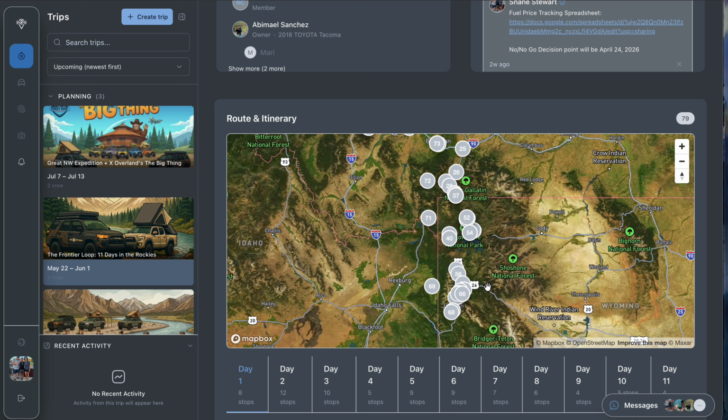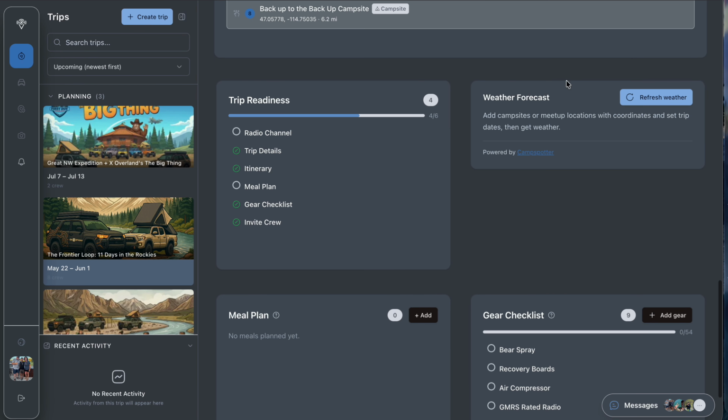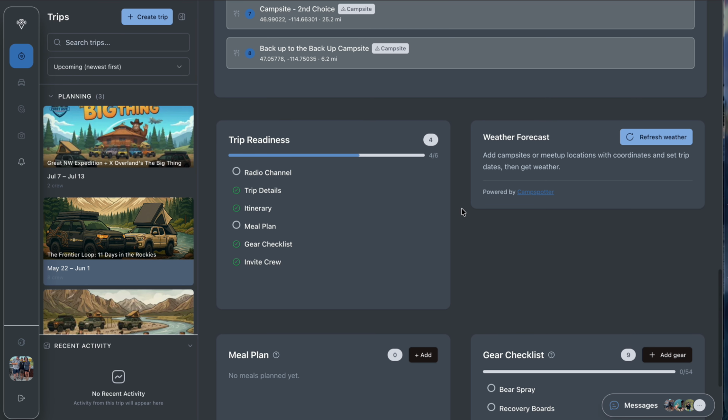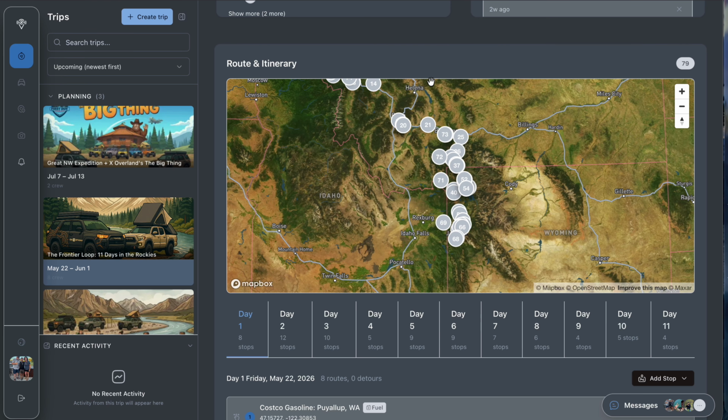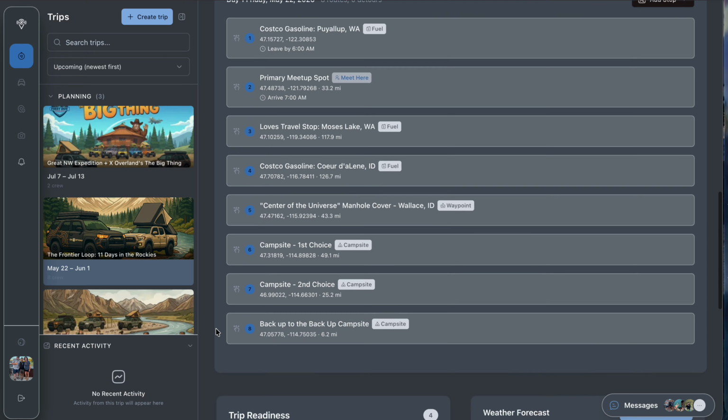I added them to Onyx just so I could have that visual representation on the map and route planning, what is close to route and all of that. And then Camp Spotter integrates into SitRep. I'm not sure why it's not populating down here right now, but it does, because as you can see, it says it's powered by Camp Spotter. So everything in SitRep that is classified as a campsite will have the Camp Spotter scores run for it, and that'll populate down here for the Camp Spotter score.